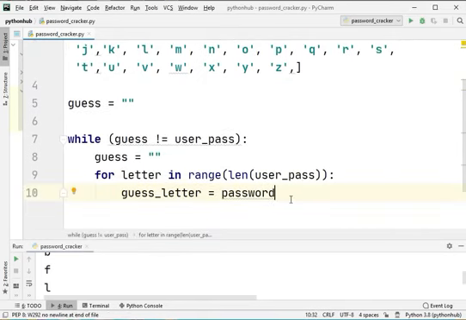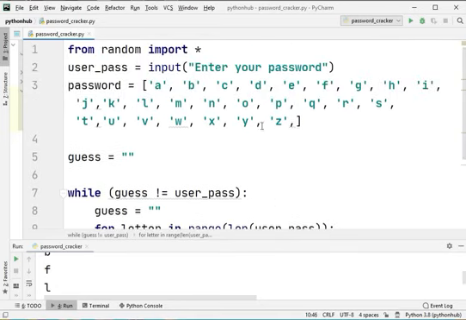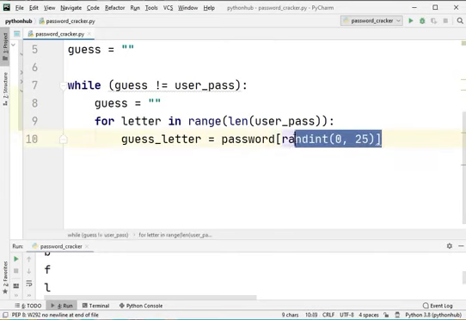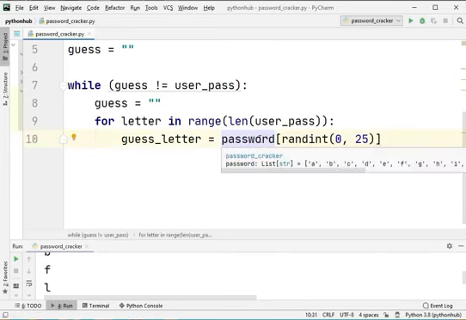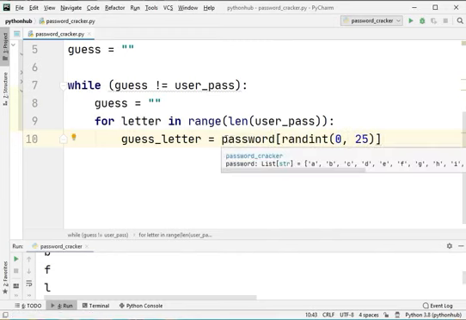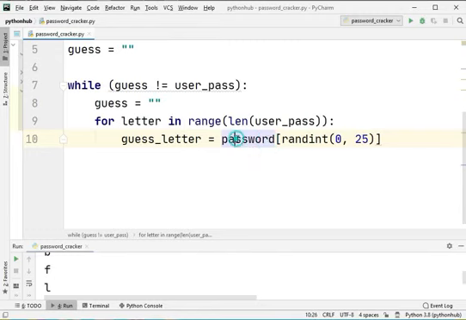Inside that we will select a letter using randint, from 0 to 25, that is all the 26 letters, from the password. What this line does is that a letter will be given by this statement and stored in the guess letter. Let's move forward now.